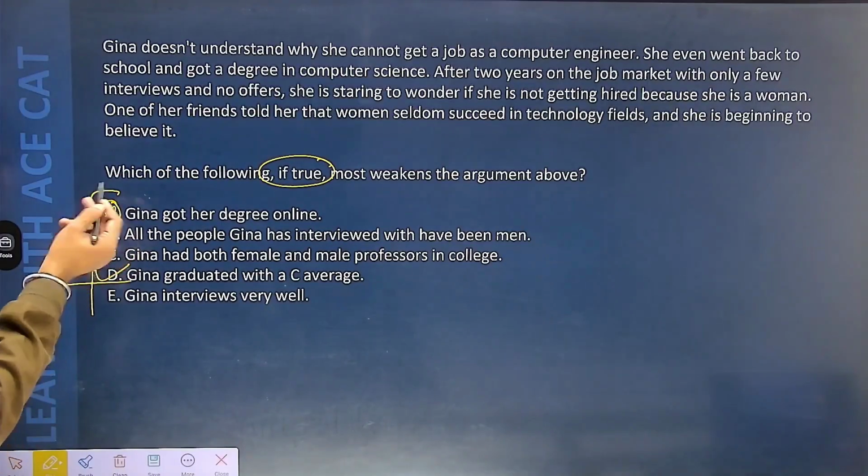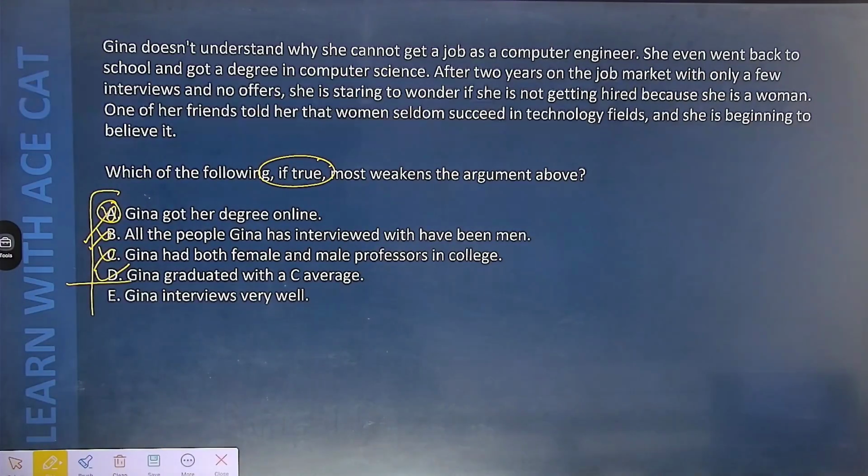तो वन को अब ज़्यादा डिस्कस करने की ज़रूरत है ही नहीं. फोर्थ अपने आप में बहुत स्ट्रॉन्ग रीजन है, अंडरस्टैंड. एंड गीना इंटरव्यूज वेरी वेल. अगर इंटरव्यू बहुत अच्छे होते हैं फिर भी सिलेक्शन नहीं होता है, तो यहाँ पर गीना का जो परसेप्शन है और ज़्यादा स्ट्रेंथन होगा. एनीवे स्टूडेंट्स, द करेक्ट आंसर इज फोर्थ ऑप्शन. आई गेस द पॉइंट इज क्लियर.